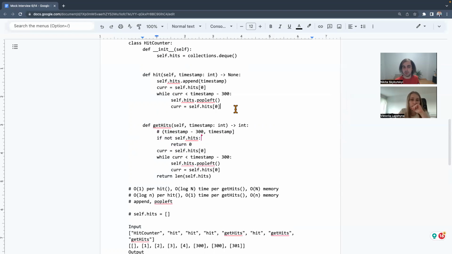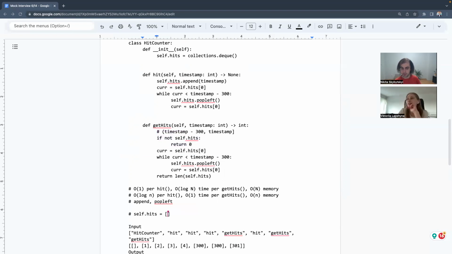No, I think your implementation works if there were no hits within the last 5 minutes. Oh no, okay, yeah. It's true, if we call get hits the first time and there were no calls within the last 5 minutes, it will erase the entire queue, and then the second call will get an empty queue. That's right. That is a good check, though. I have to see if they have such test cases. Yeah, we can implement it without it and see if it fails.